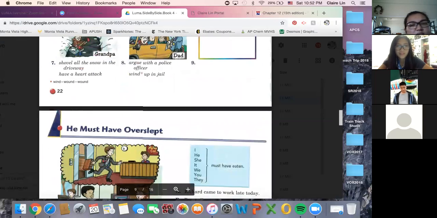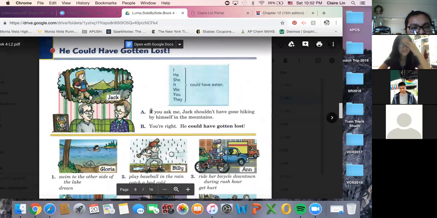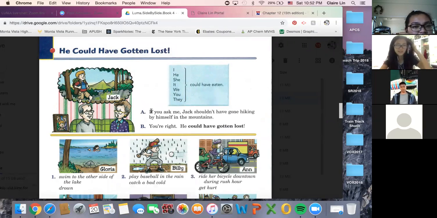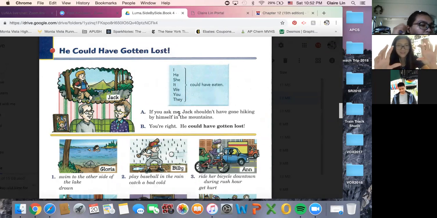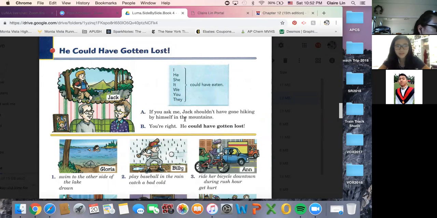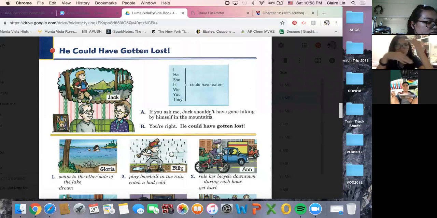Okay. So page 22. So I guess we talked about this one a lot already. So could have is like the 本来可以 one, where it talks more about a consequence. So in this one, person A is saying, if you ask me, Jack shouldn't have gone hiking by himself in the mountains. And person B is saying, you're right, he could have gotten lost. 他在说我觉得 Jack 不应该自己去山上爬山 and then person B 说你说的对，he could have 他可能因此会迷路。